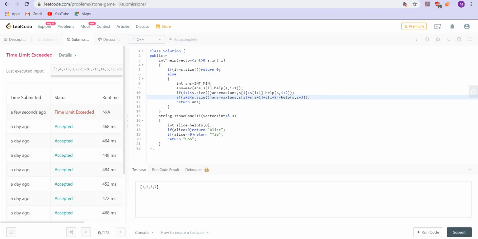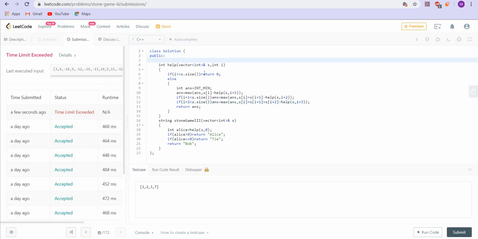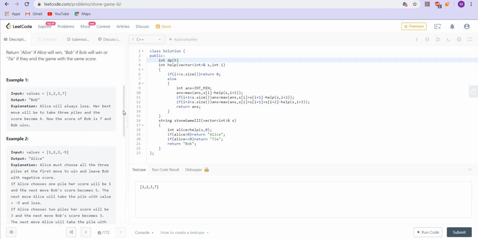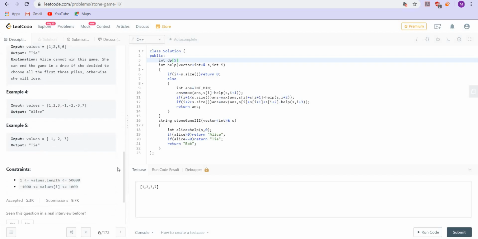Alright, we are getting TLE. Now, moving on to the next optimization, which is to convert this recursive solution into a top-down dynamic programming solution. So we are going to create a DP array of size... What were the constraints given? Constraints were 50,000. So we are going to create this DP,